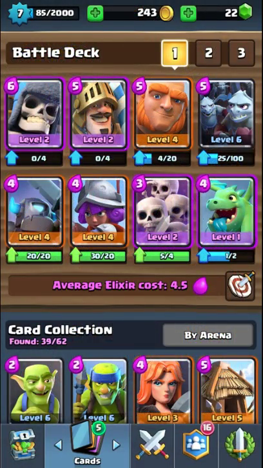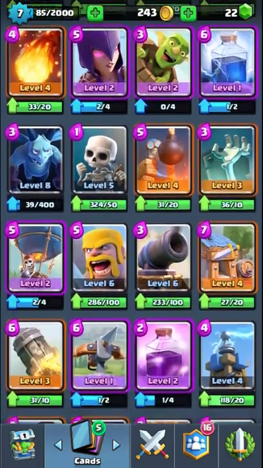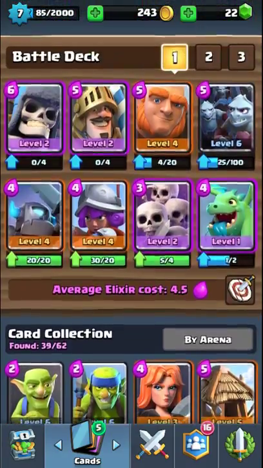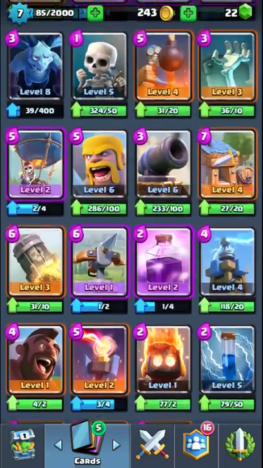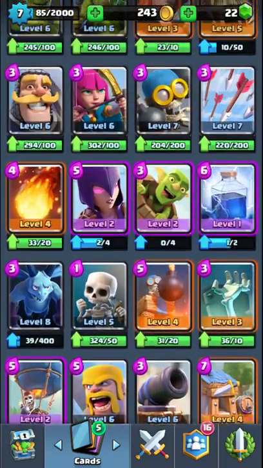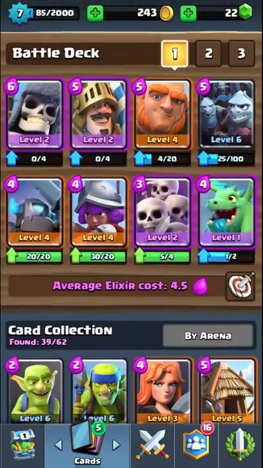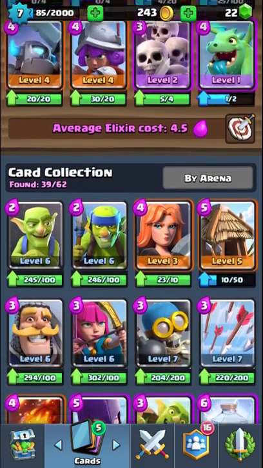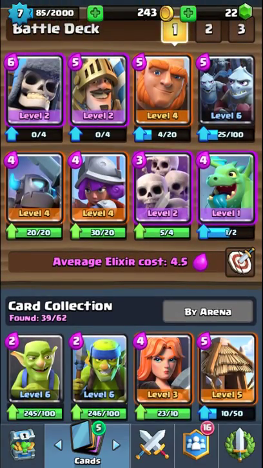If you can't get any of these, so it may be, oh, I'm missing the Prince, try the Hog Rider. This is for Arena 4, I think the max. Yeah, you will need Arena 4 at least to get all this stuff. If you don't have the Prince, you can use either Hog Rider or Valkyrie, because she's pretty good as well. And if you don't have the Giant Skeleton, the Giant will do. And if you don't have the Skeleton Army,